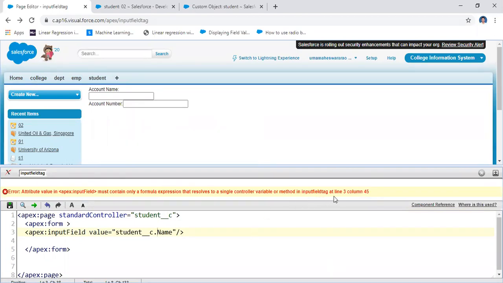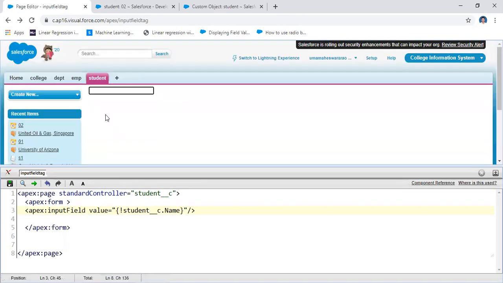That means the method's fixed field must contain only one expression. Here you have to represent that information in an expression. How can you represent the information in an expression? In this way: any input field value or object value is represented as an expression. Click here, and it shows an expression.